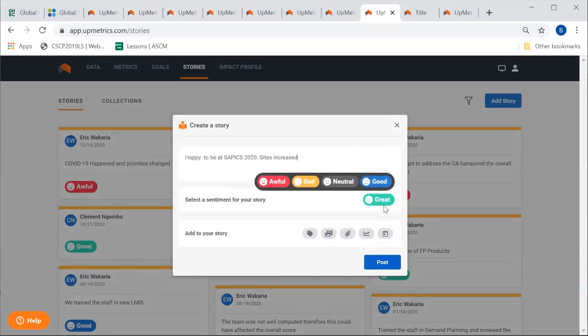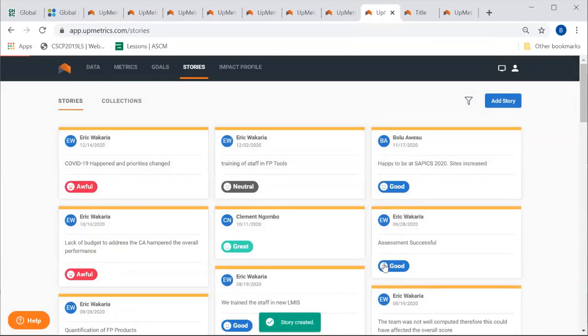So what emotion do you want to display? Was it good? So you say it was good and during the post. So once you post, it comes here and it shows that on the 17th of November, you had good news. Your sites had increased and then you had SAPICS 2020.